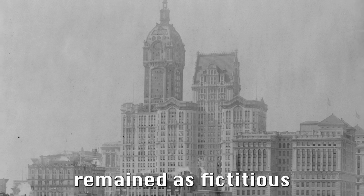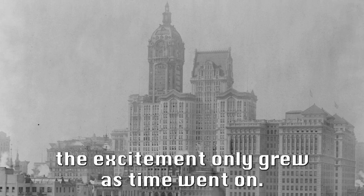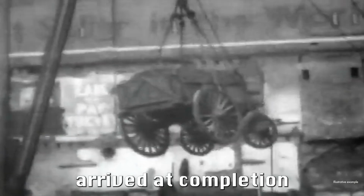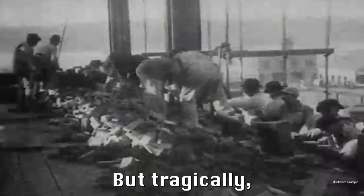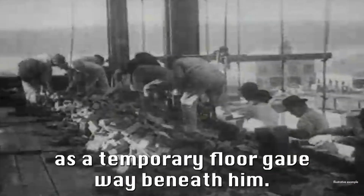While these plans remained as fictitious as the rumors that created them, the excitement only grew as time went on. Excavation reached completion within 120 days and the foundation began to take shape. The girders making up the main structure quickly went up, and the building arrived at completion in a record time of 22 months. Over the course of its construction, 3,000 workers found employment, but tragically, one worker lost his life as a temporary floor gave way beneath